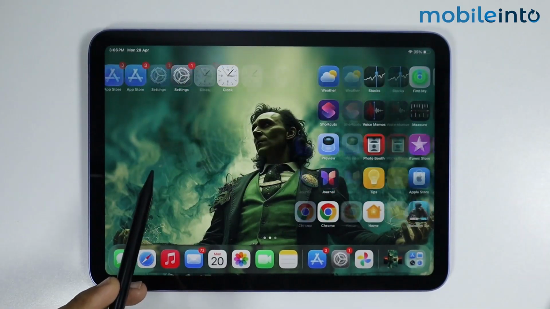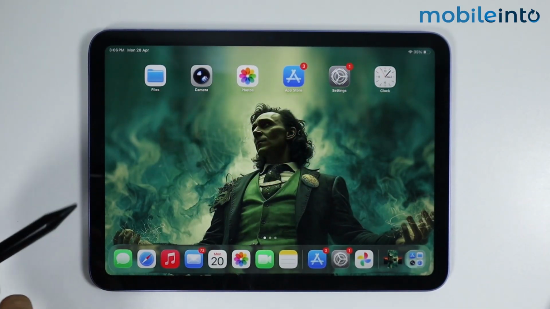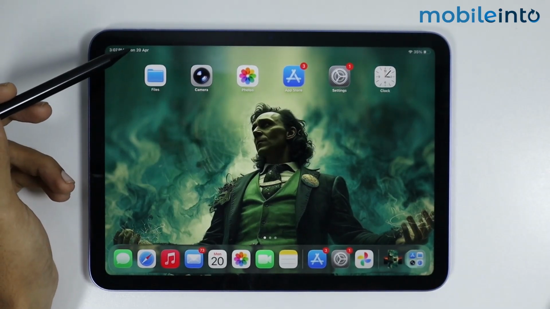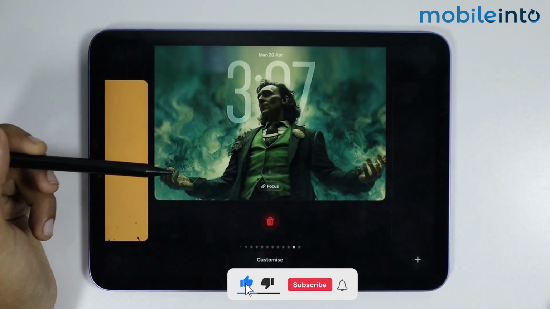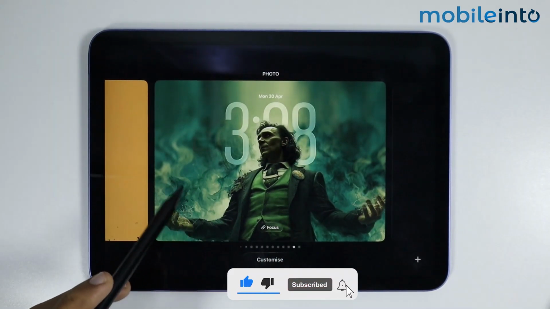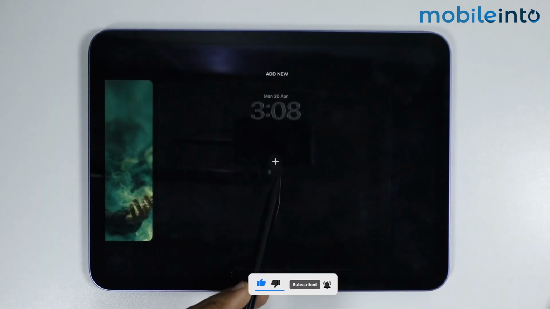In this video, I will show you how you can add the Hello wallpaper on the lock screen of your iPad. Now to do that, first of all, just open the notifications panel on your iPad, then tap and hold on the empty space. Now to set the Hello wallpaper on the lock screen, just tap on the plus icon